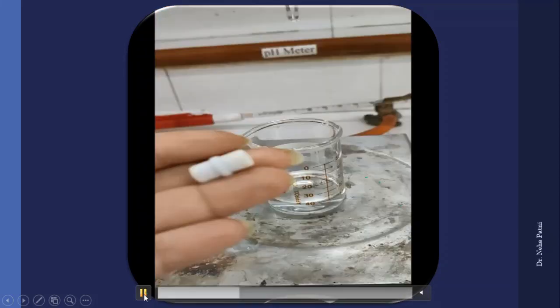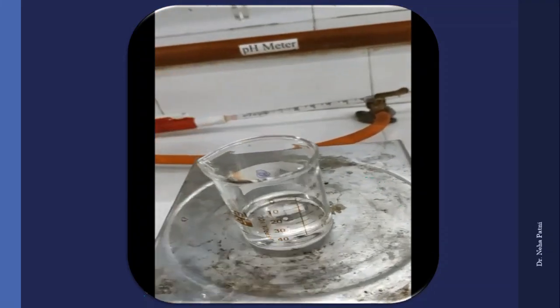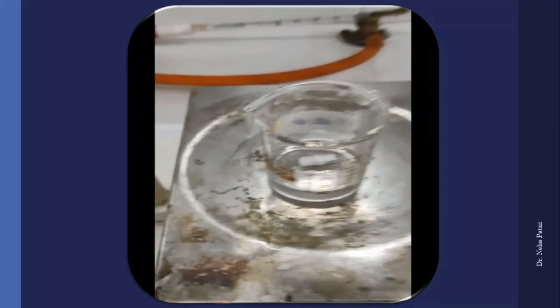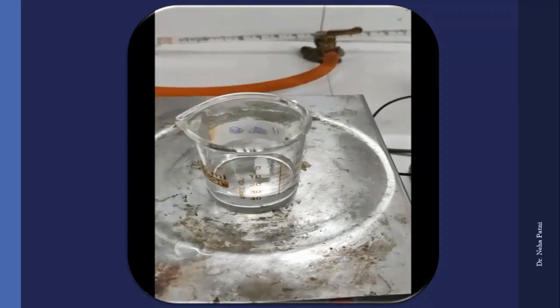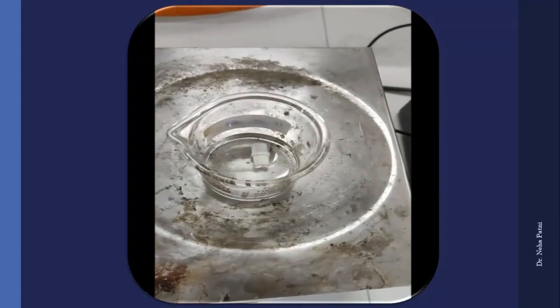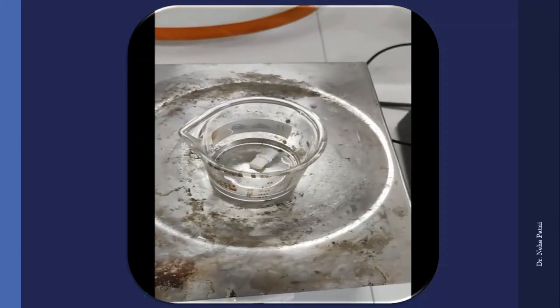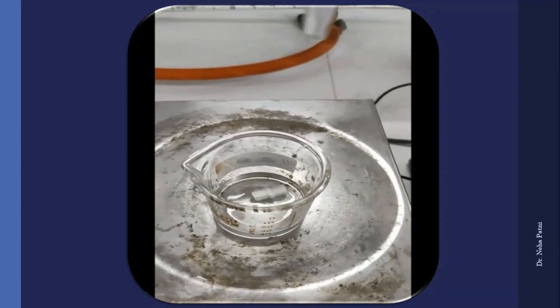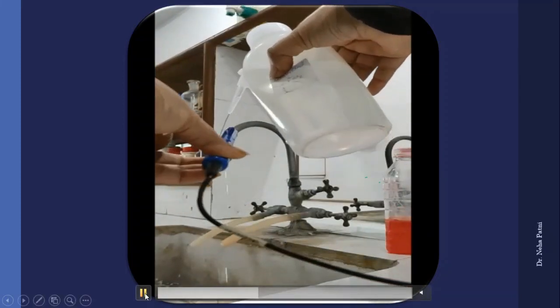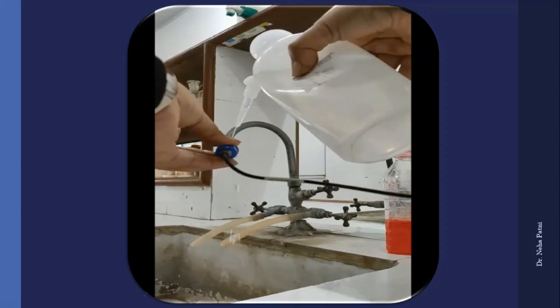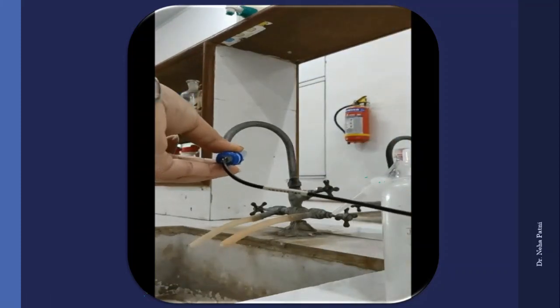Now you have a look at it again. This is the magnetic bead. So you're just adding a magnetic bead and you're switching it on. So now the plate will move. We need continuous stirring and we are not going to do manual stirring. So this is what the electrode is, and then you have to wash it with distilled water so that no other ions are there.